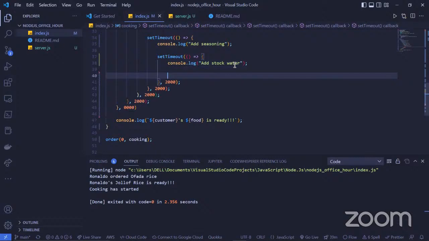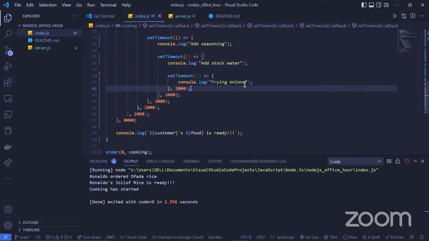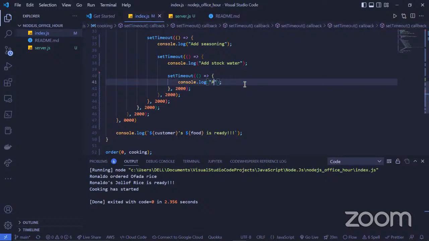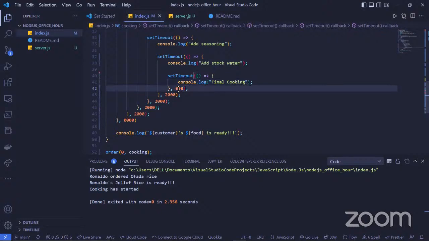And let us say after that, that's the end. We will just allow final cooking. Then food is ready.